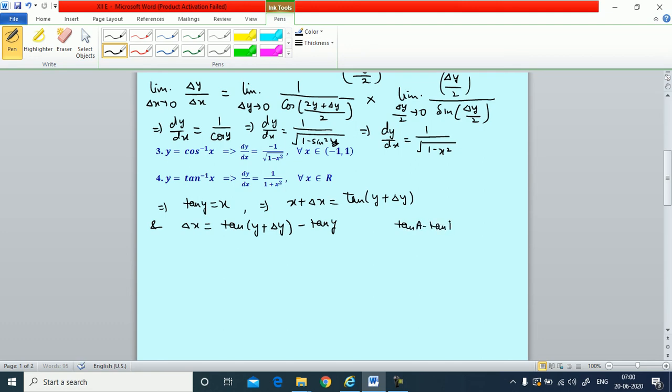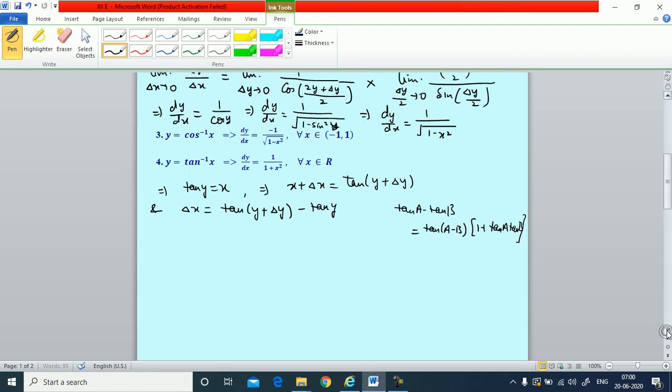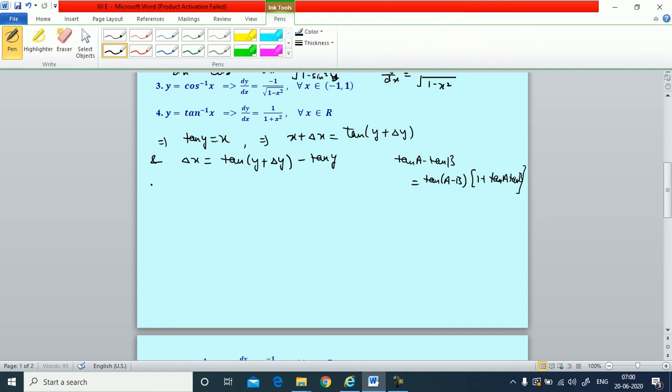Tan A minus tan B can be written as tan of A minus B into 1 plus tan A into tan B. So this is the formula I am going to apply in order to simplify it. Okay, so here we find delta x is now tan of the difference of both the angles. When we subtract both the angles, we get only delta y. Then this multiplies 1 plus tan of